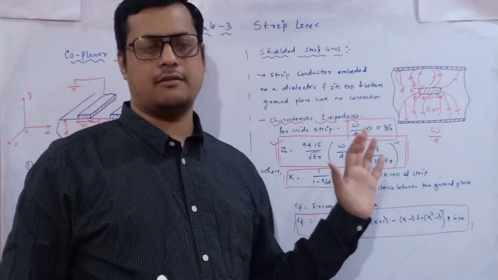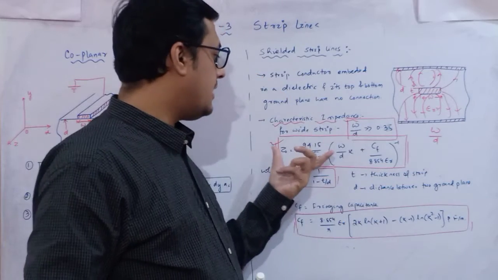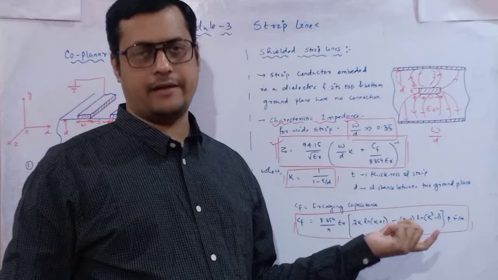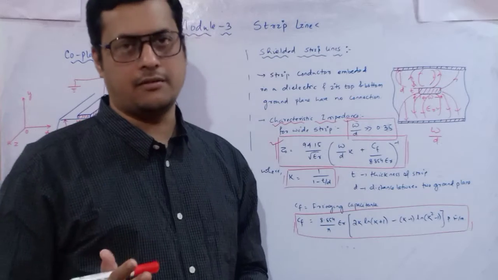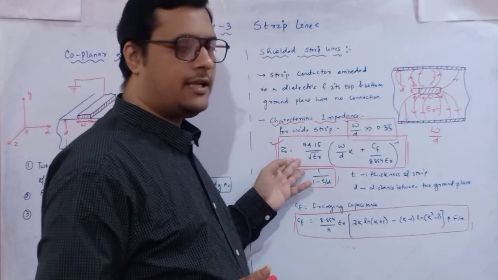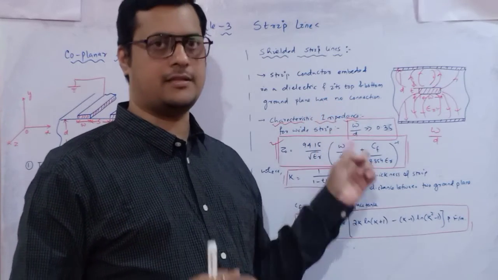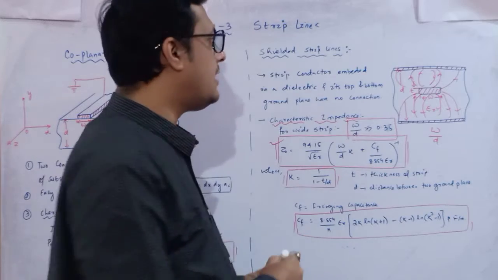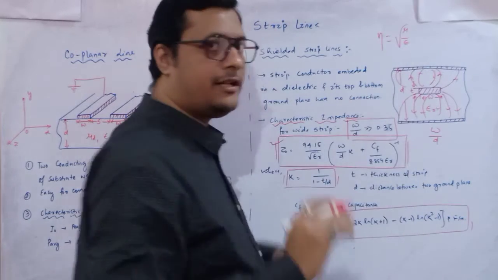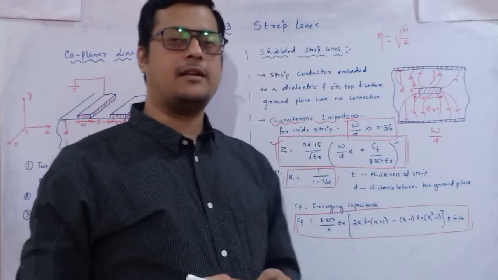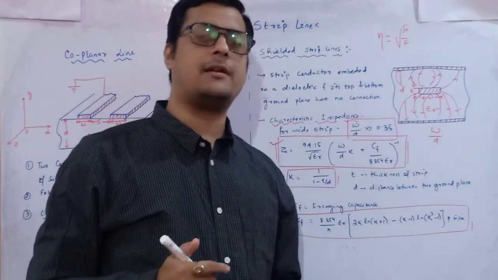This equation is also given by Poeckel, as was identified for the previous strip line. These equations have some derivation, but here there is no need to go through the derivation; only the relation is sufficient for us, because here you can see that the dielectric permittivity is inversely related to the characteristic impedance. It must satisfy this, because the intrinsic impedance, when we identify it for a wave, is the square root of mu by epsilon. So mu is the permeability and epsilon is the permittivity of that medium, and you can easily identify the wave impedance of that particular medium.